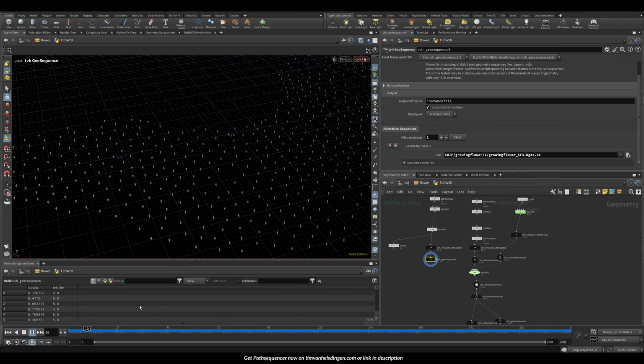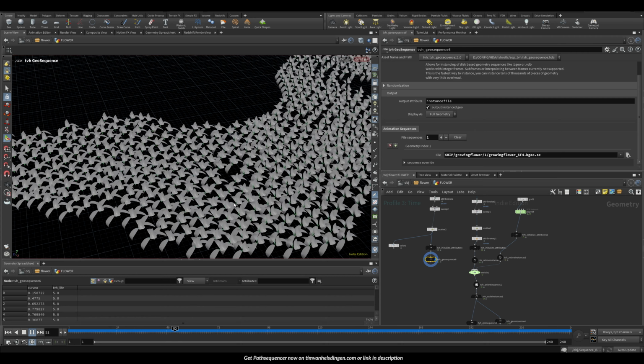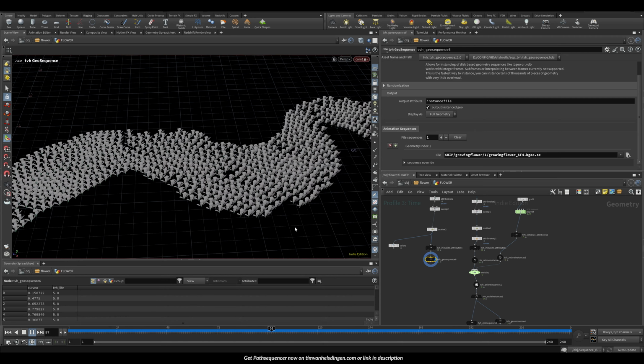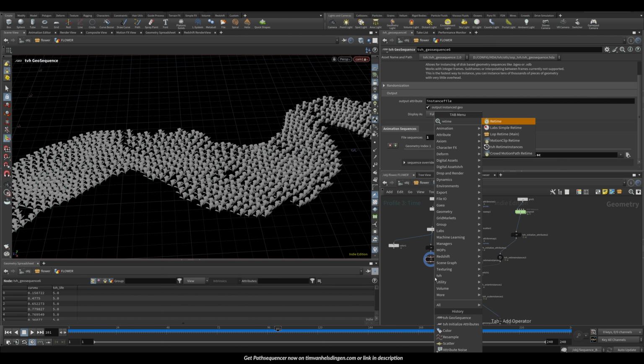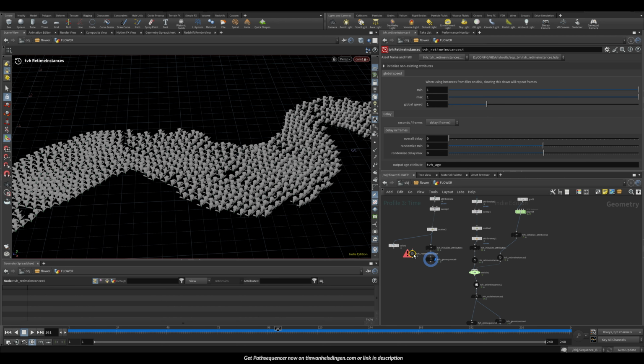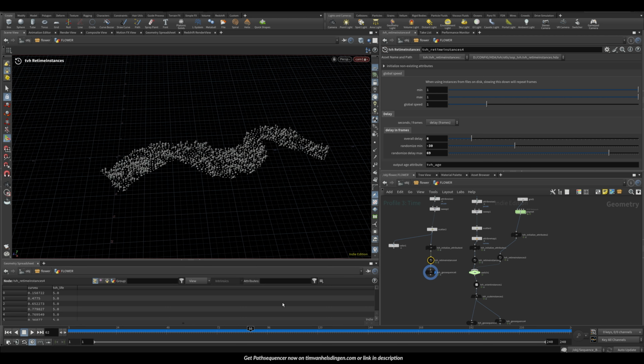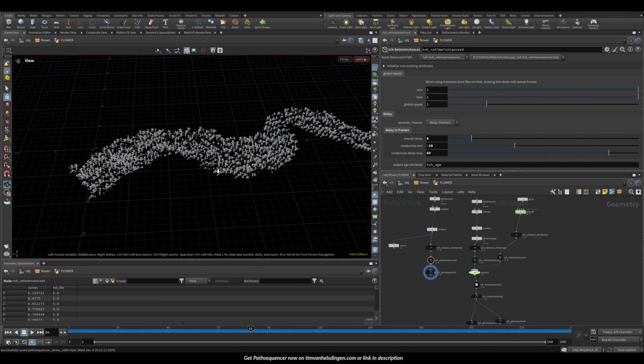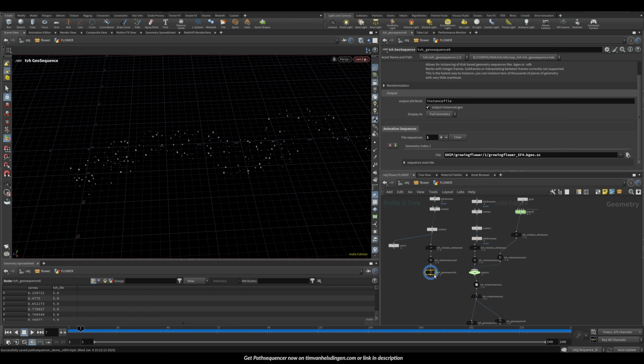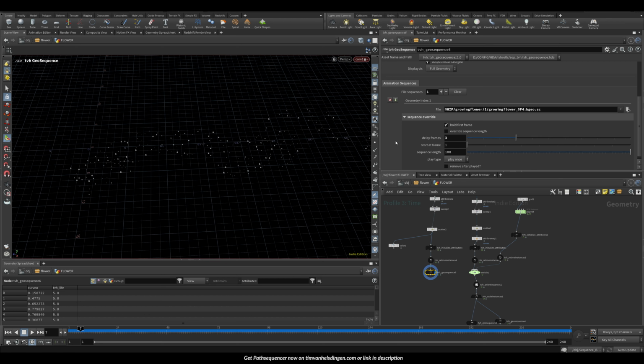We have a flower just growing exactly the same across this entire thing. And then we can of course do retime instances to make it a little bit more interesting. We could do a little bit of delay so we get a little bit more randomness. But it's still just happening all at once. And of course you can go in here and do an override to change the delay here. But probably what we're going to do is